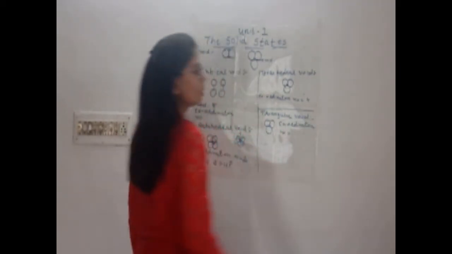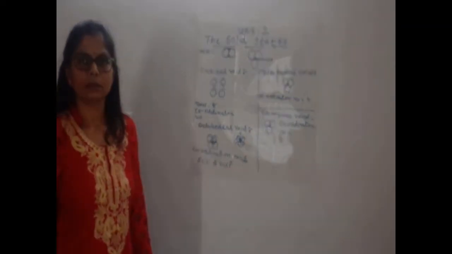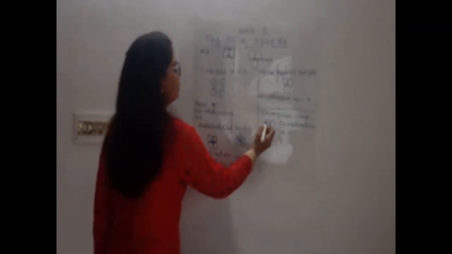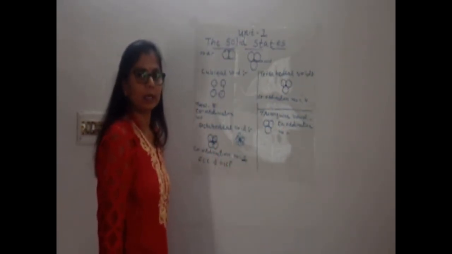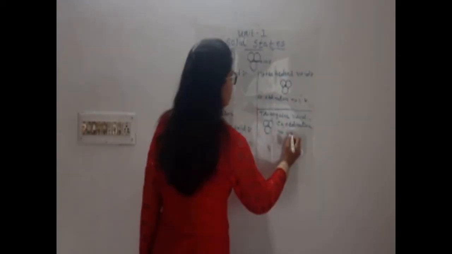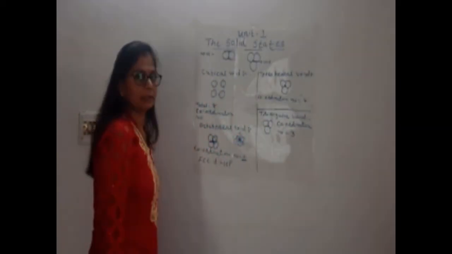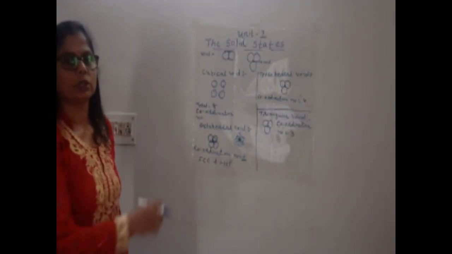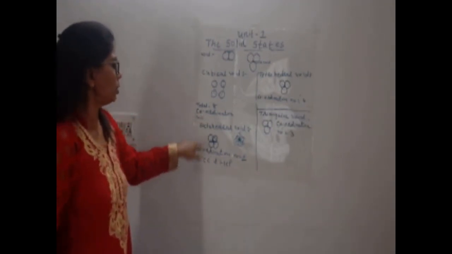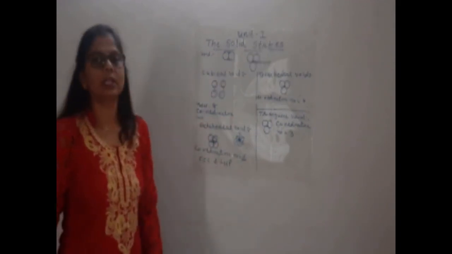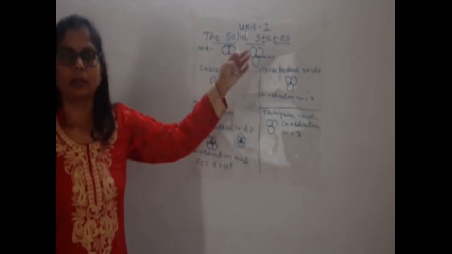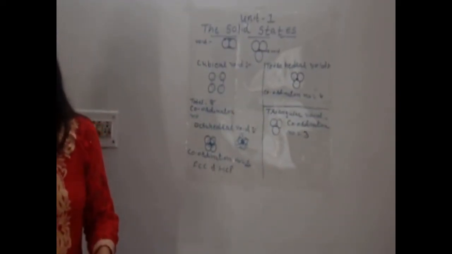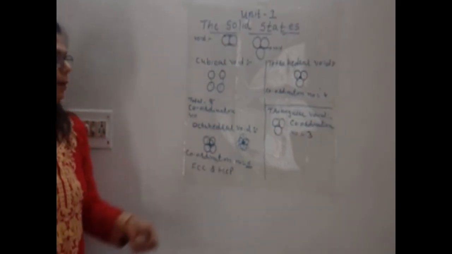is equal to, what is the coordination number, students? How many lattice points are joined with one another or attached with one another? 3. So the coordination number of triangular void is 3. Just draw the figure of this void and write down the coordination number, and in which they are able to see BCC, FCC or HCP, that you write down, because it is a very important part for your competitive exams. Write down fast, students.